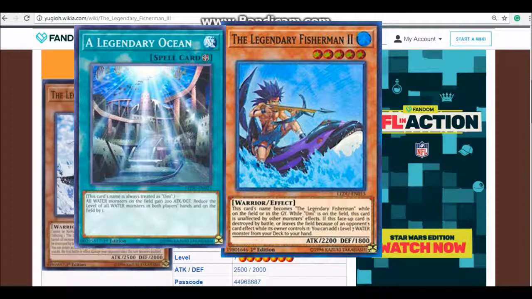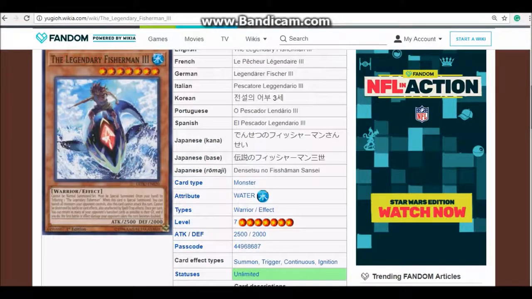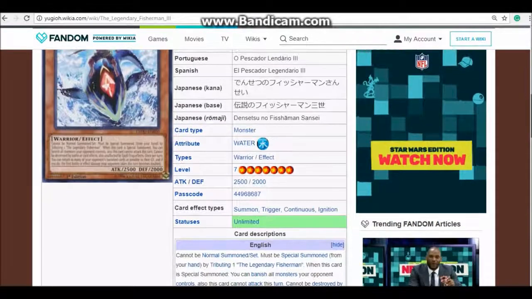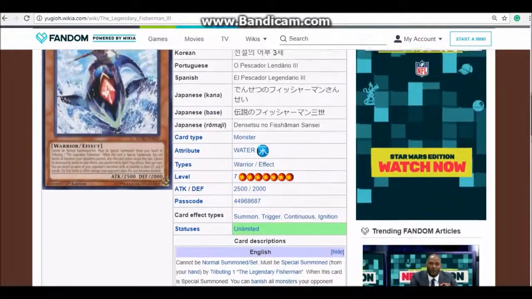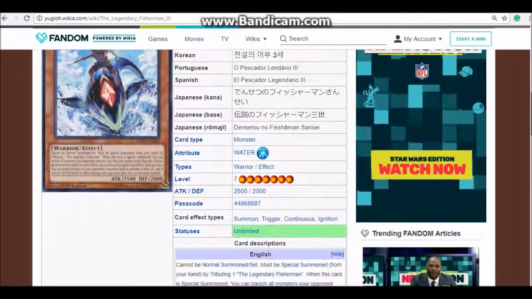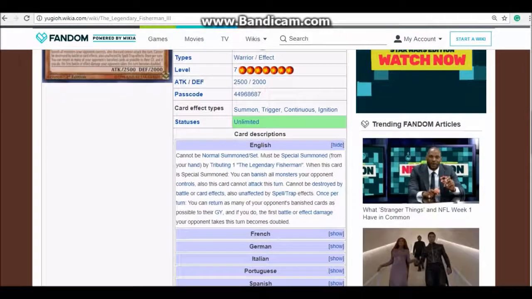He would be like 24 because he would have an extra 200 boost, and then he'll be a level 4 monster, and he'll be unaffected by the monster effects your opponent controls, as long as Umi is on the field. Or, in this case, a Legendary Ocean, since it counts as Umi. So, Legendary Fisherman 3 is the only reason I would even bother touching a Legendary Fisherman deck, just because he